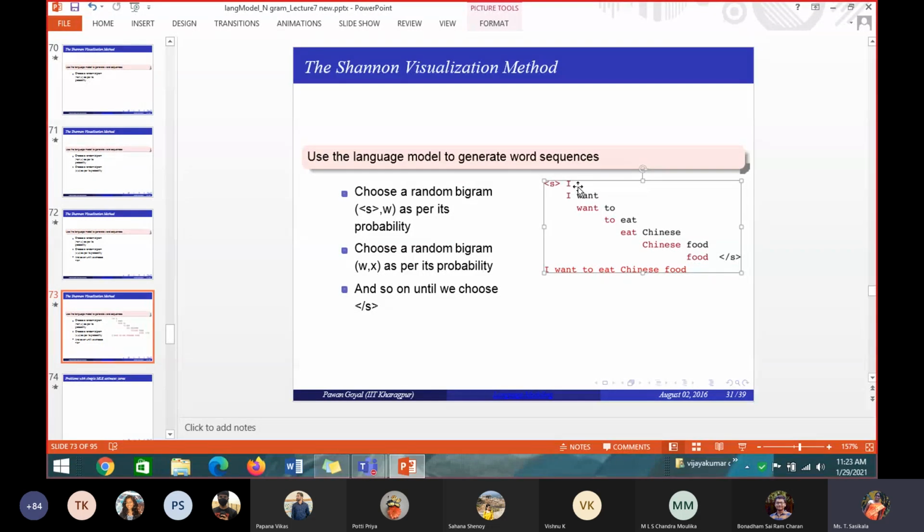So what are the words I have now in my corpus? I is already used, so want, to, eat, Chinese, food are there. So I with want, I have to find the bigram probability; I with to, I with eat, I with Chinese, I with food. Whichever has the highest probability will be the next word. I with want has the highest probability. So I want is identified. Now want is taken into consideration for the third step.